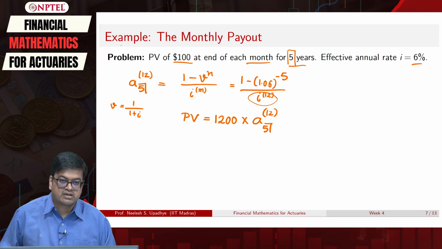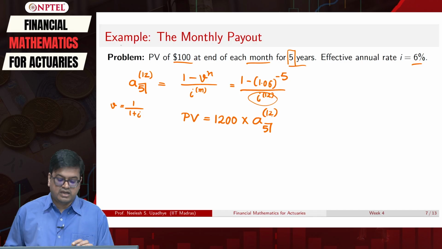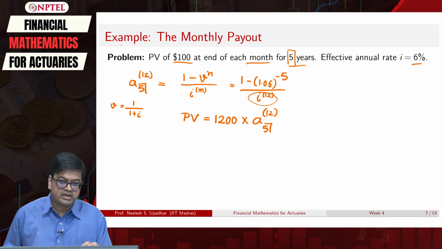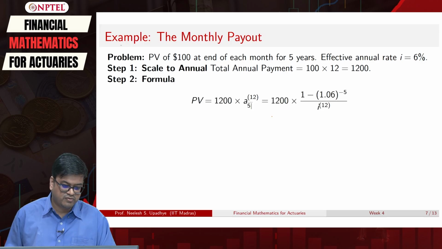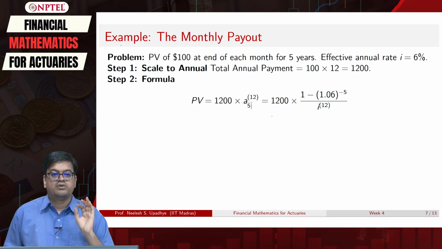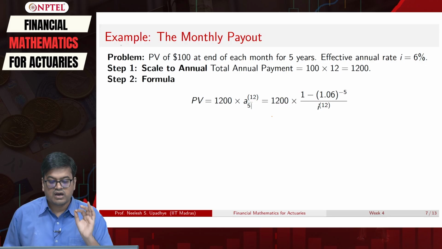Okay. So this is how I will set up the equation. So I have converted the total annual payment to 1200, and then I have set it in the present value equation or equation of value. So this is step 1, where I have converted 1200. I have figured out what is A phi 12 and I substituted it. Okay. What do I not know? I12. How will I find it?